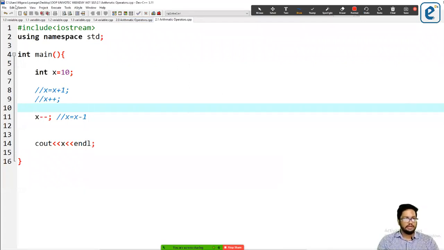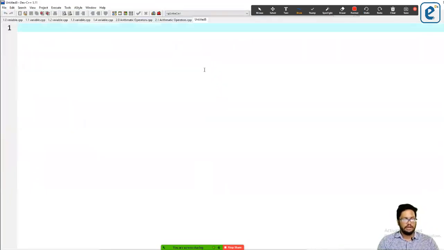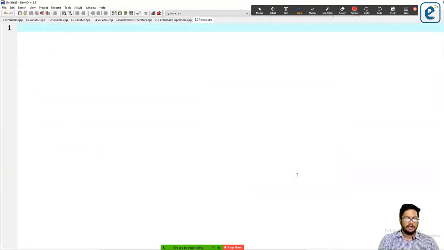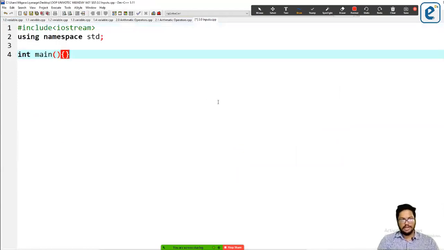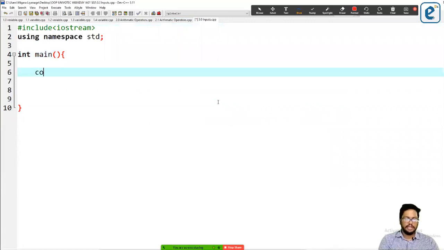Now one last thing: inputs. I'm now going to discuss how to get an input from the user. We know how to give an output.